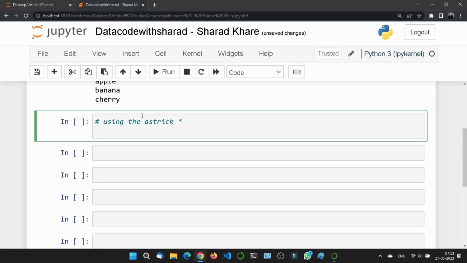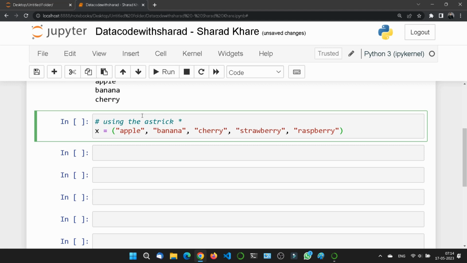Suppose I am taking the same example, but let me add something: strawberry, and then raspberry, and kiwi, no, leave it.